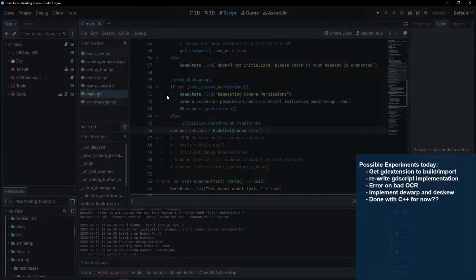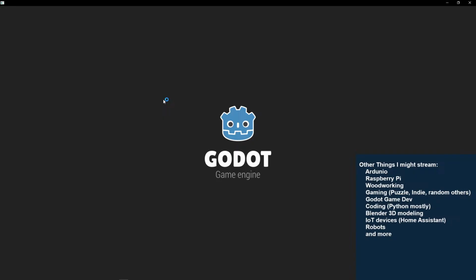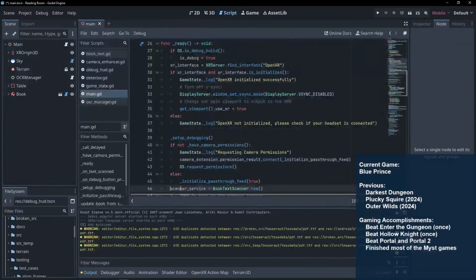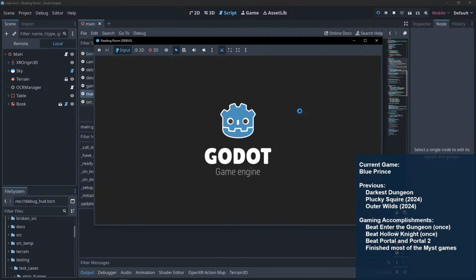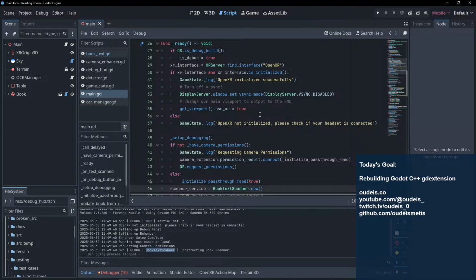Again, I'm going to reload just out of insanity. I'm going to be annoyed if I end up pulling all the code over effectively and it works and just be like, I don't know why it didn't work before. So far, I think there was one or two teeny tiny things that I changed. But we should see the scanner initialize. Yeah, there's our constructor for OCR and our constructor for book text scanner.